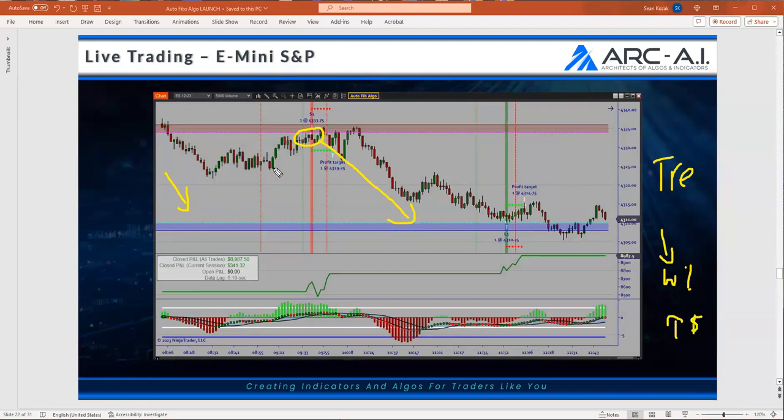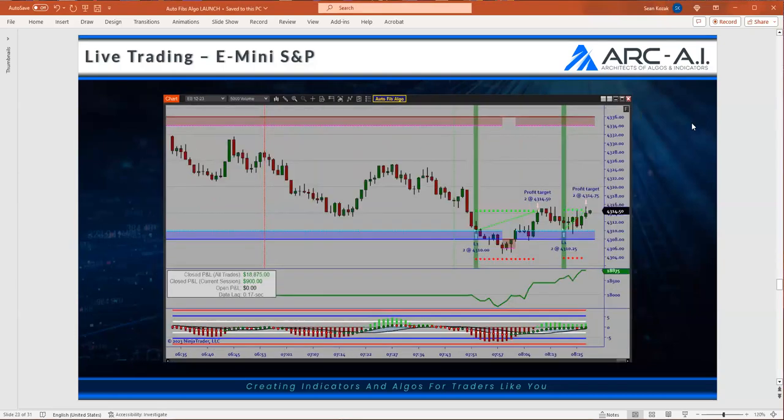It just depends on how you want to structure this. Ultimately it depends on what type of eval you're running or prop program you're trading with. But this is a great example of the market in a downtrend. Take a look at the short, and take a look at how well that fib level held. Take a look here. This is a counter trend trade. This is a with trend trade. So these are the things that you can do with the software. You can filter for both.